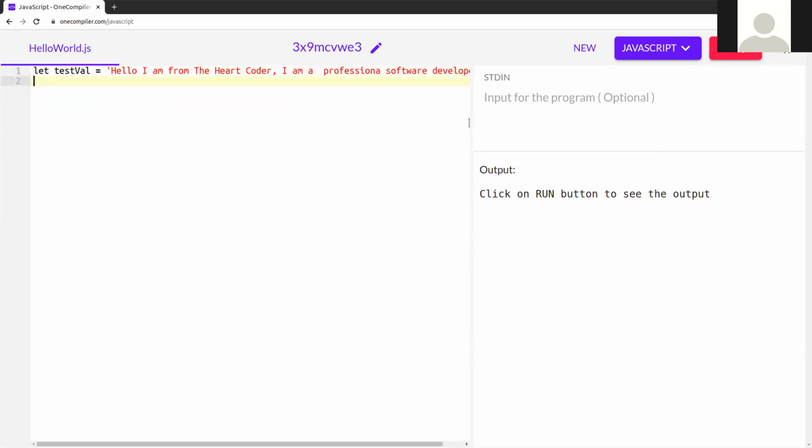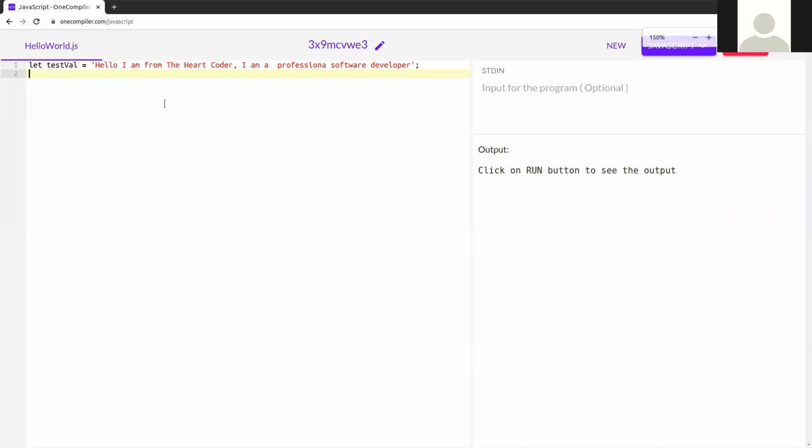This is the string, and we're going to apply all these methods to this string.